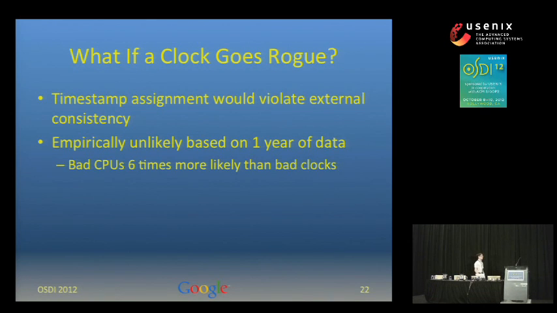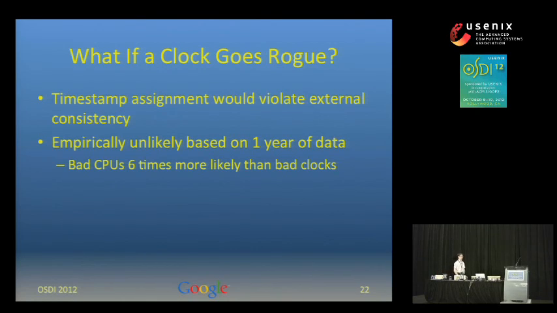So what if a clock goes rogue? Because that's the basic question. If you look at TrueTime, what happens if you violate this magic constant of 200 microseconds per second? Well, what would happen, of course, is the timestamp algorithm would break. That is, the timestamp algorithm would assign timestamps in a way that's not externally consistent. But in fact,